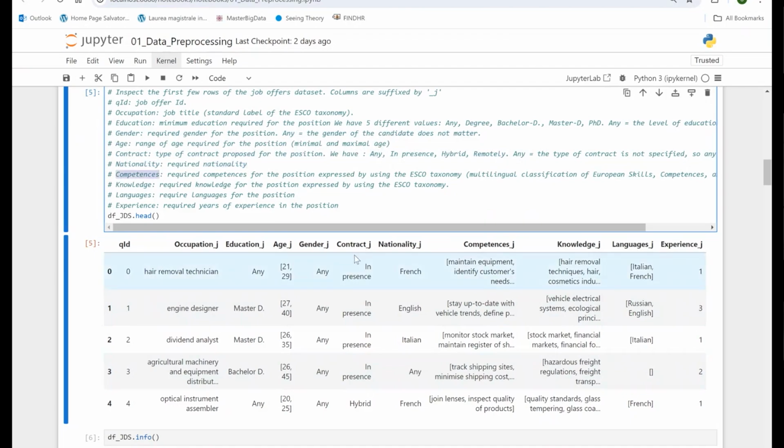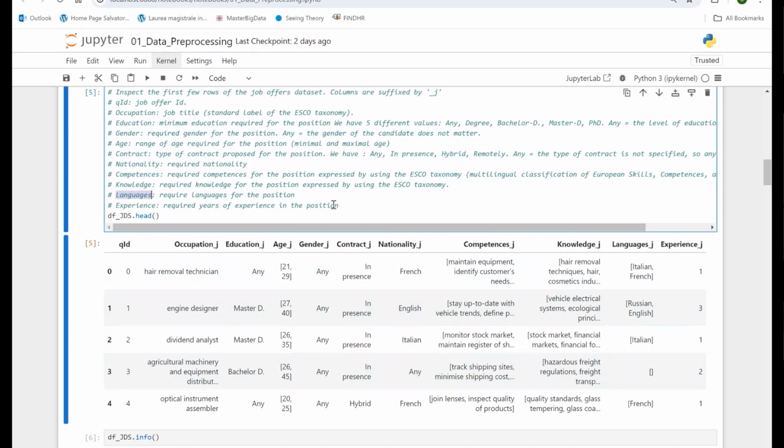Competences is a list of required skills, again by using the ESCO taxonomy. And knowledge is again a list of expected knowledge by candidates. Languages are